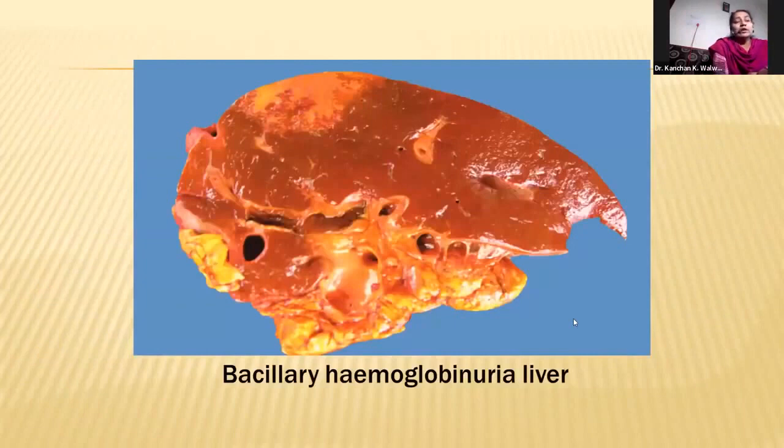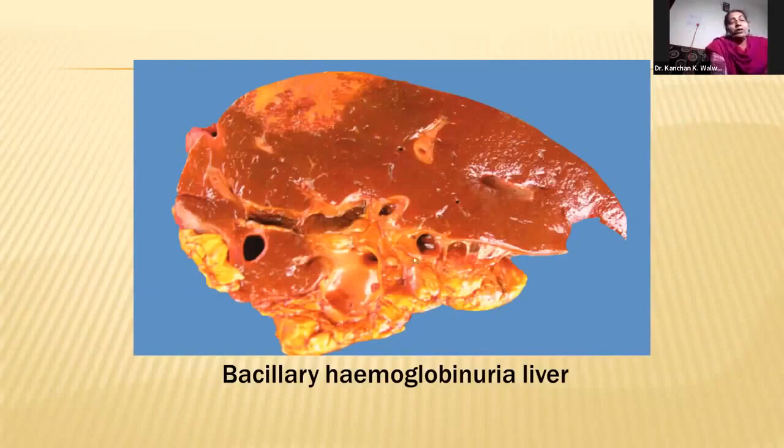This is a liver which was afflicted with the liver fluke, and it had bacillary hemoglobinuria. So you can see multiple tracts in the liver and necrosis of the liver everywhere, and thickening of the bile canaliculi. See here, the periphery of the bile canaliculi is whitish in color. That means it is fibrous. Usually it is a hollow structure, but when you see a peripheral ring of white color, that means there is calcification and fibrosis. So this is a typical liver of a bacillary